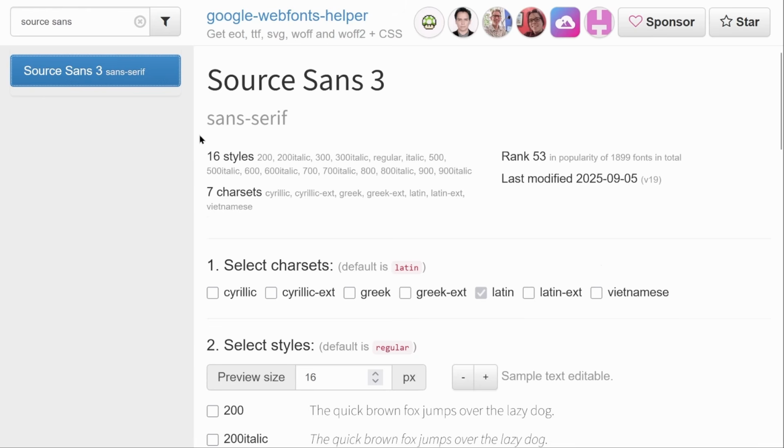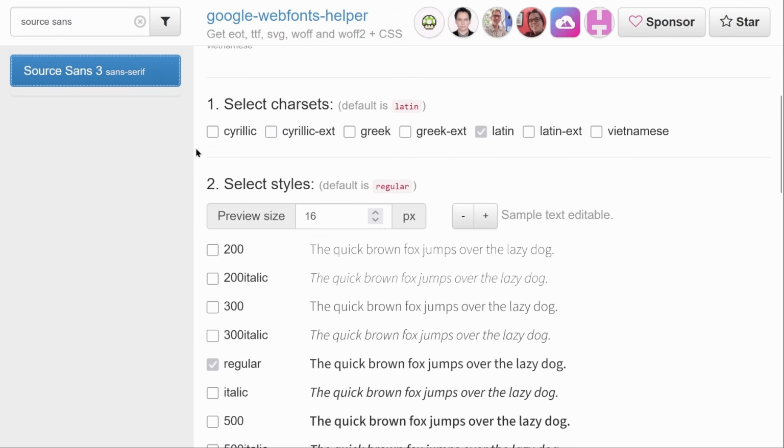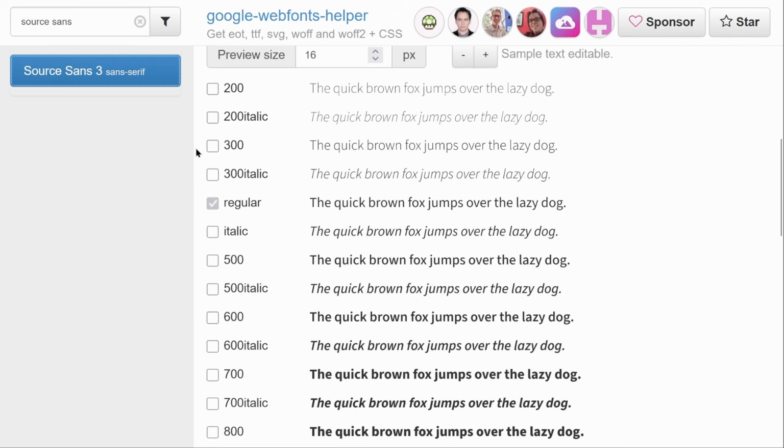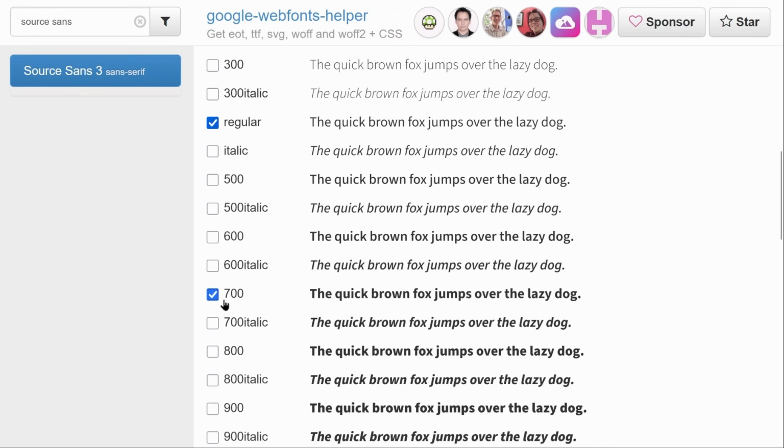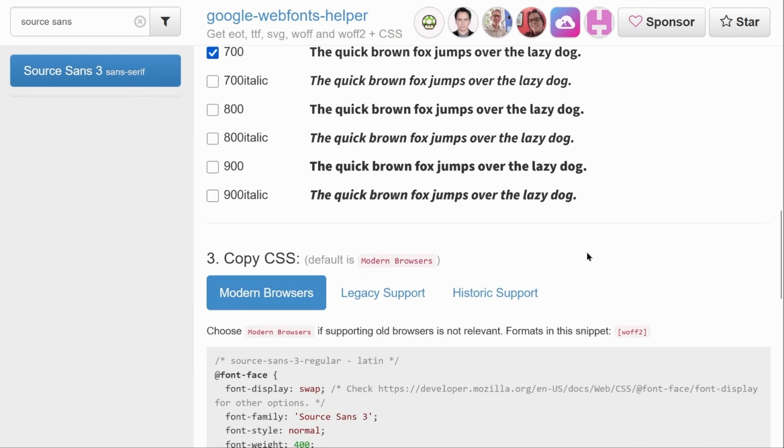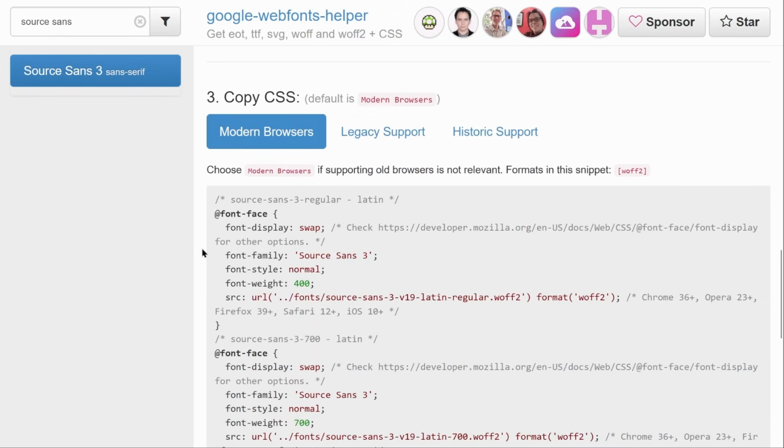And then down here, we can select the different font weights that we need. By default, it's going to check the regular font weight, which is 400, which we do need. And then we also want to get bold, which is font weight 700. So if we keep scrolling down, they also give you the CSS code that you need to put into your